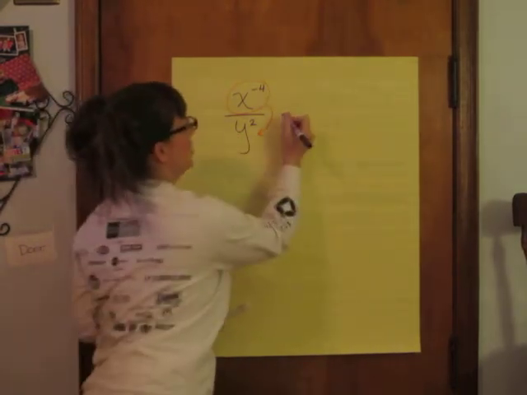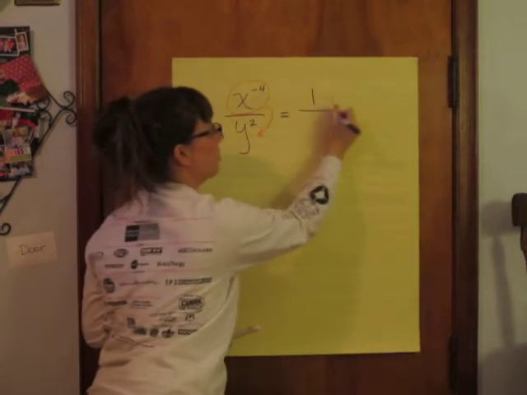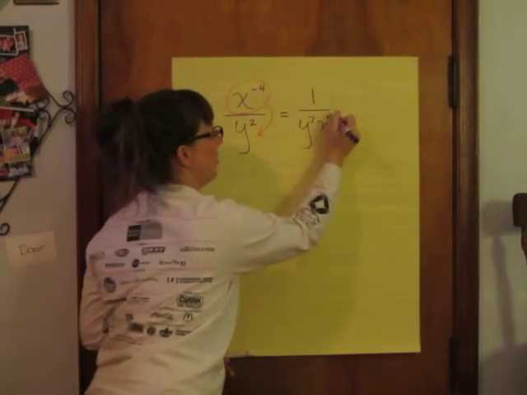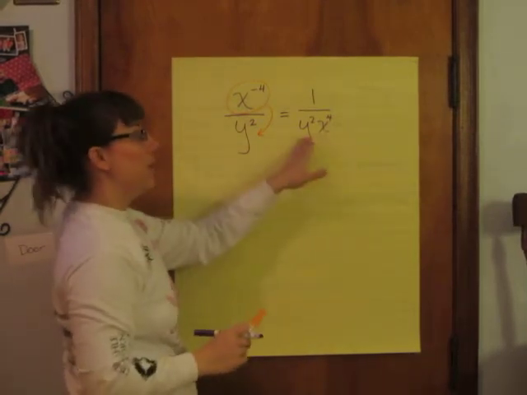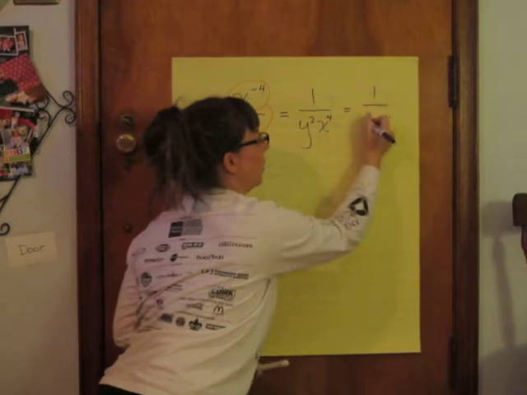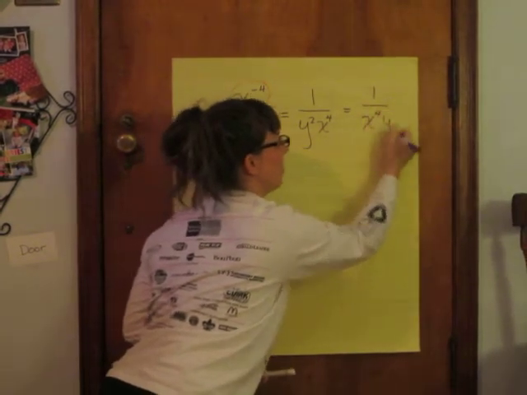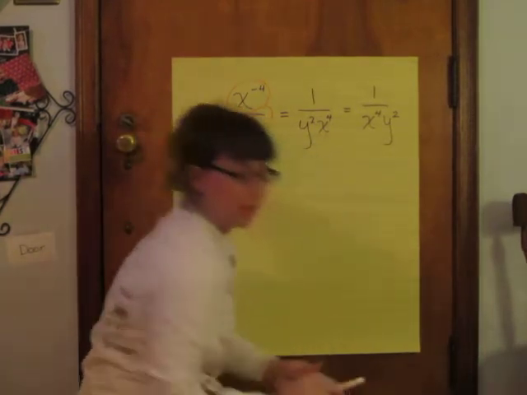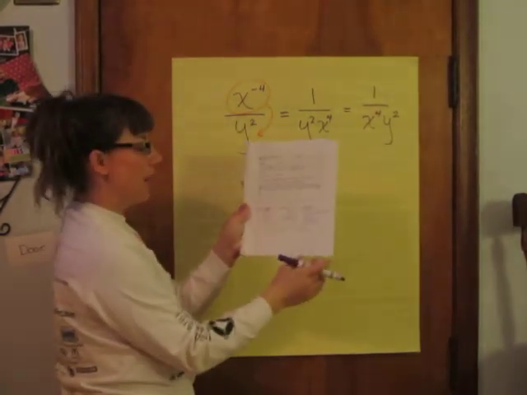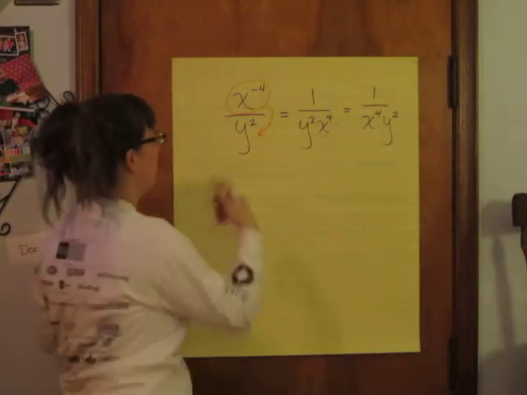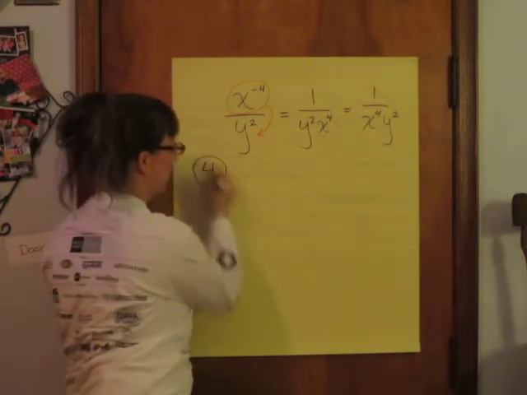So this actually just becomes 1, hold the place, y squared x to the 4th. But you know that we don't put them yx, we put them in alphabetical order. So 1 over x to the 4th, y to the 2nd. Okay? So if you've got your book with you, I want you to try number 4. Number 4 is